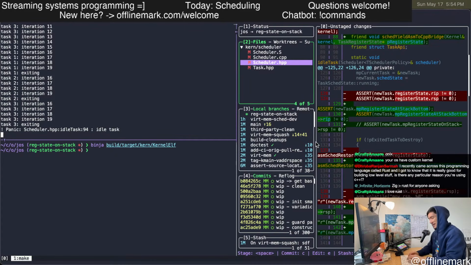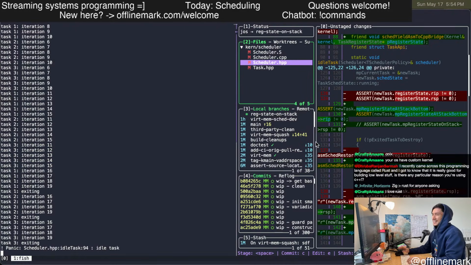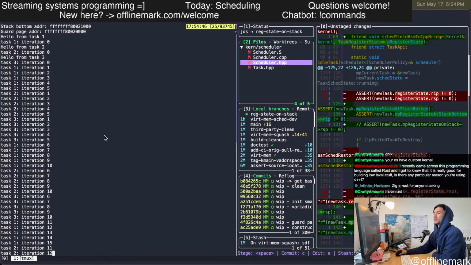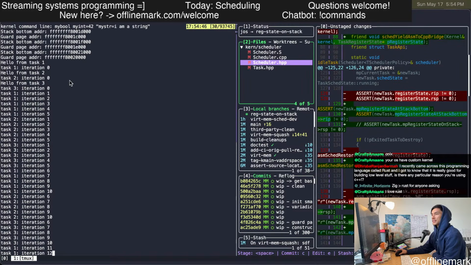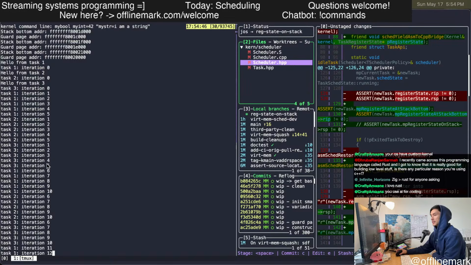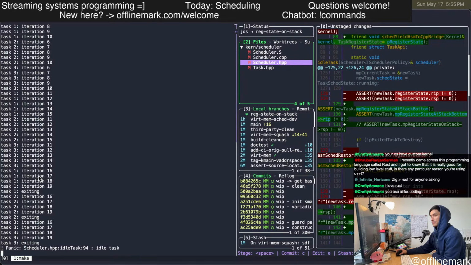Yeah, I think that worked on the first try. To me, that is looking like it worked on the first try. It successfully did all 3 tasks and ran them to completion.